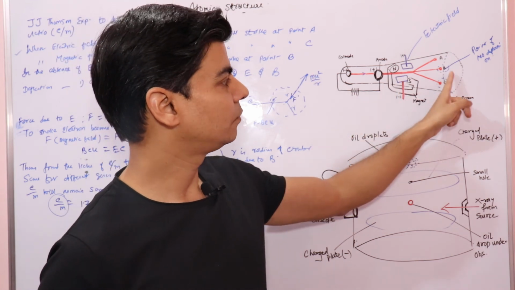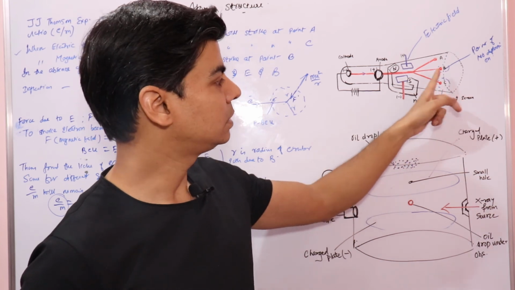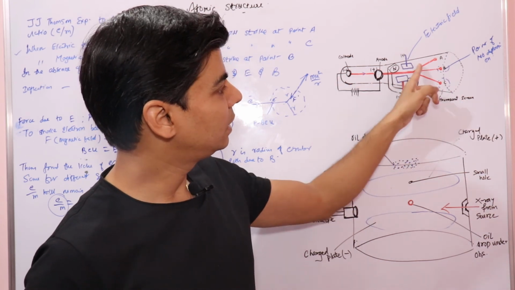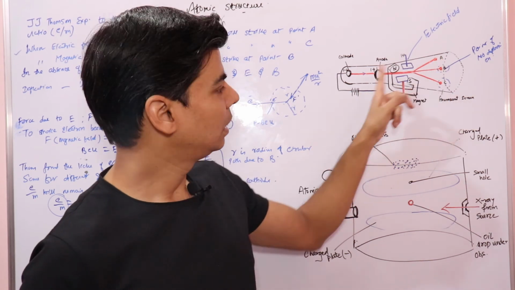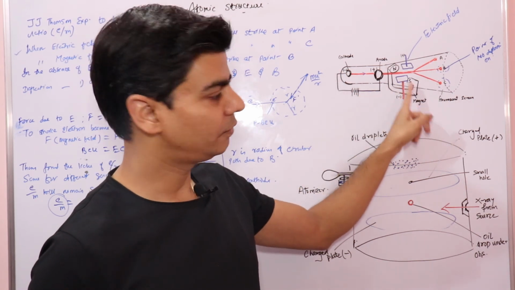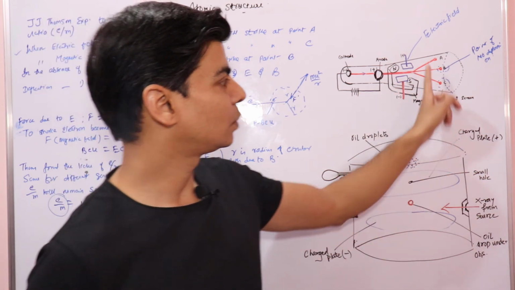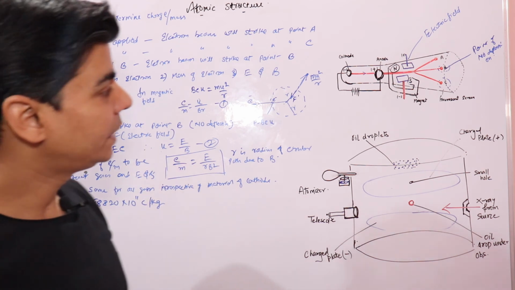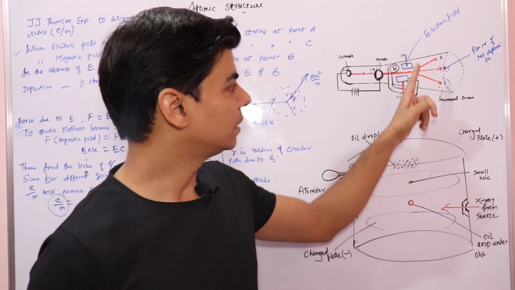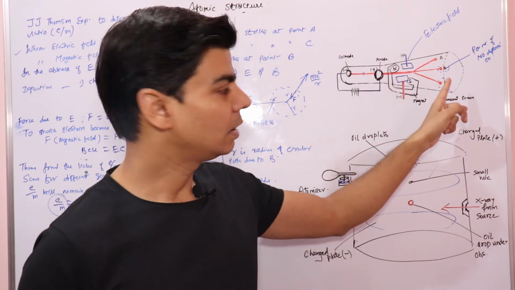the beam of electron will strike at point B. We call it a point of no deflection, right? And in the presence of only electric field, this beam of electron will strike at point B, and in the presence of only magnetic field, it will strike at point C, right? This is a fluorescent screen, right? Now we can adjust the value of E and B such that this electron beam will strike at point of